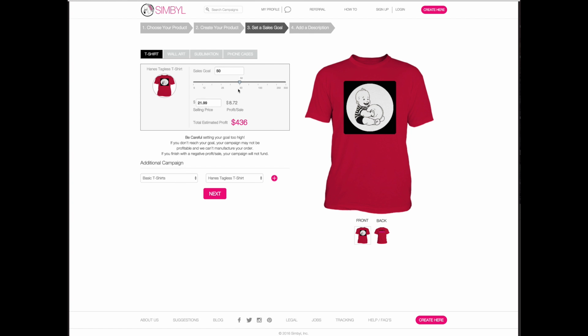What's fun about this is you can move this around here and you'll start to learn how much money you'd make if you sold 25, if you sold 50. You'll just see what your profits will be. And then you can also set your selling price. So we have recommended retail prices, which we think are good, but obviously retail prices are a bit